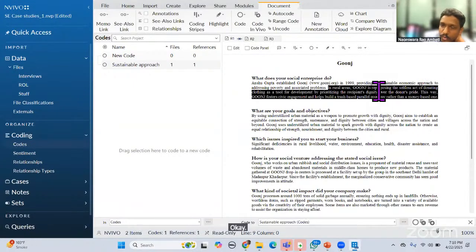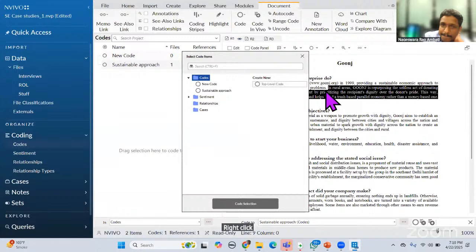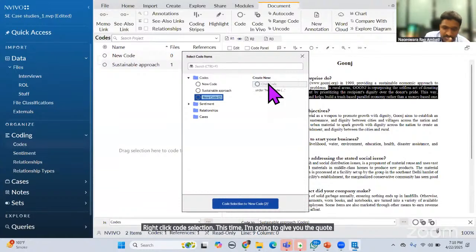I'm just giving the code, new code. In order to give the new code, I have selected it. Right click, code selection. This time, I'm going to give the code as